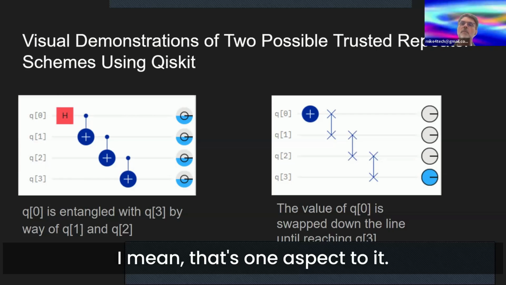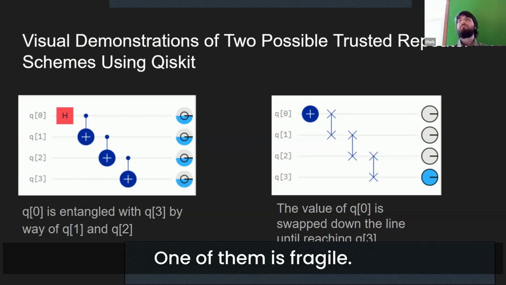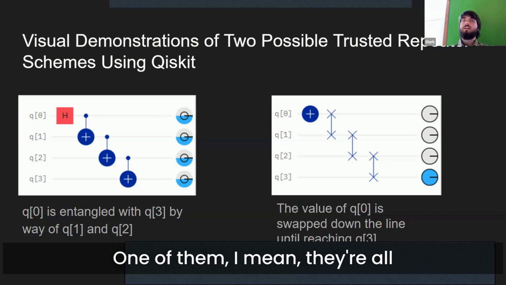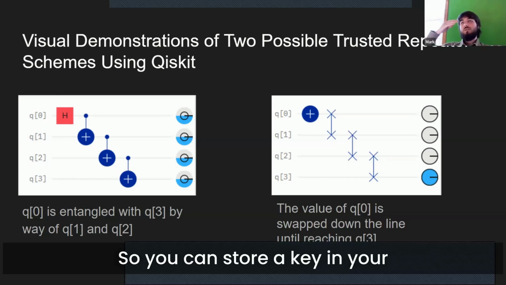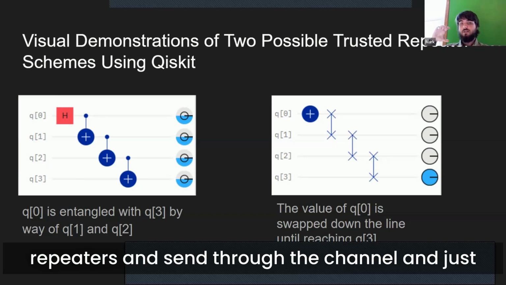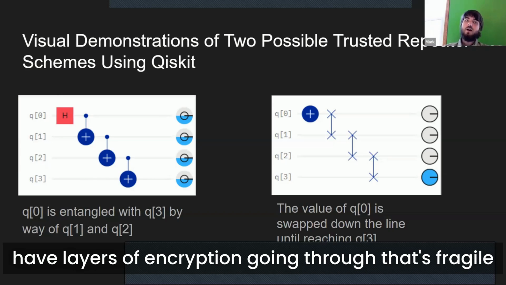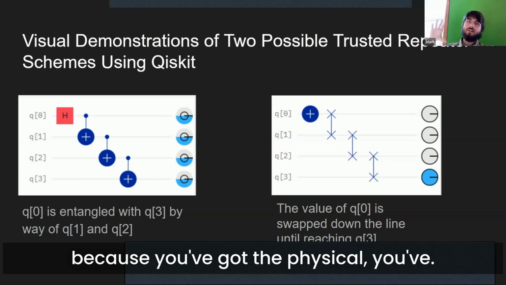Yeah, I mean, that's one aspect to it. One of them is fragile. They're all fragile in different ways, I guess. So you can store a key in your repeaters and send through the channel and just have layers of encryption going through. That's fragile because you've got the physical,